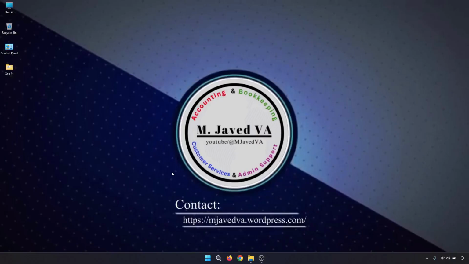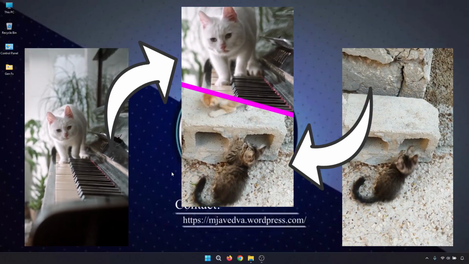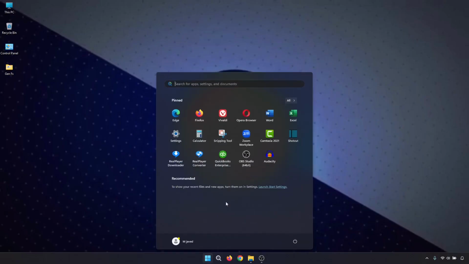Hey guys, this is TE with another tutorial on how you can split screen vertical videos and add a stroke line in Shotcut. So to do that, open Shotcut